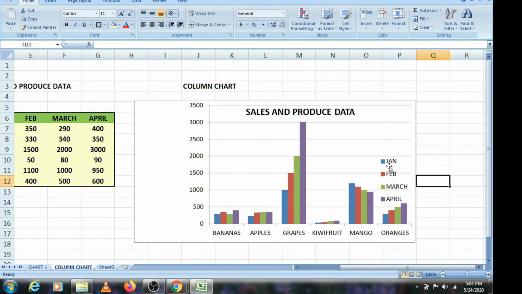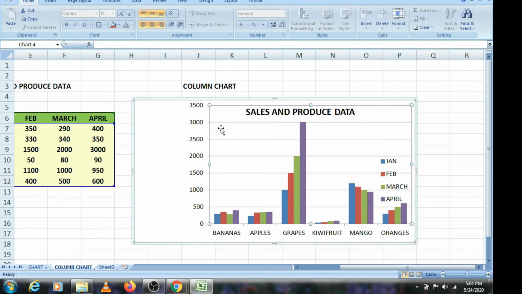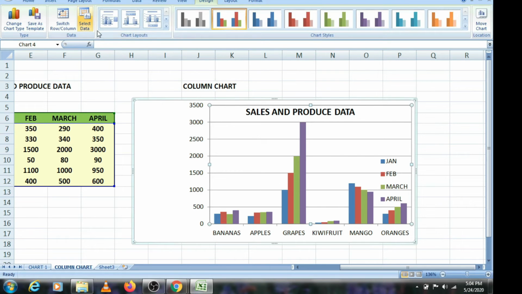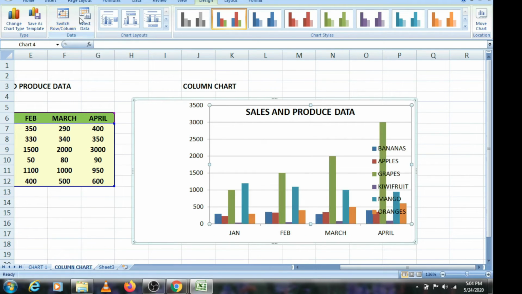Now if you want to shift this to regions and this to axis, that means you have to go to chart. First of all you have to click on the chart, then design. Here this option is given, row and column shift. So this January, February, March, April, May will appear here, and this will go to legend. See this. Here you can expand it.